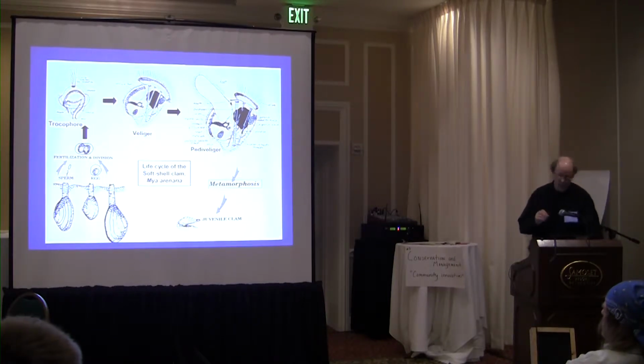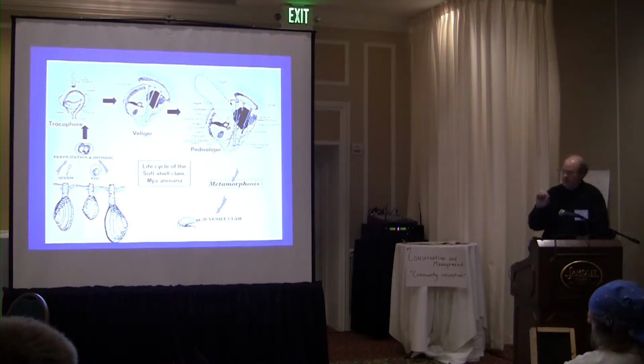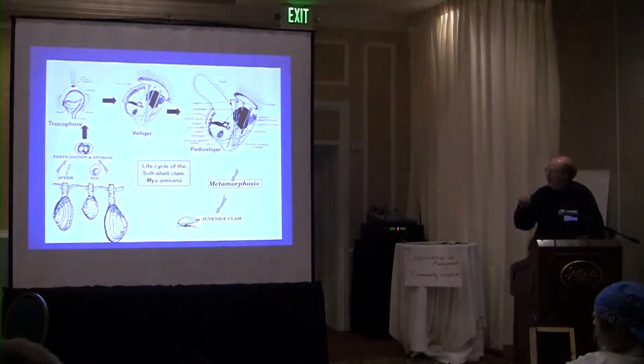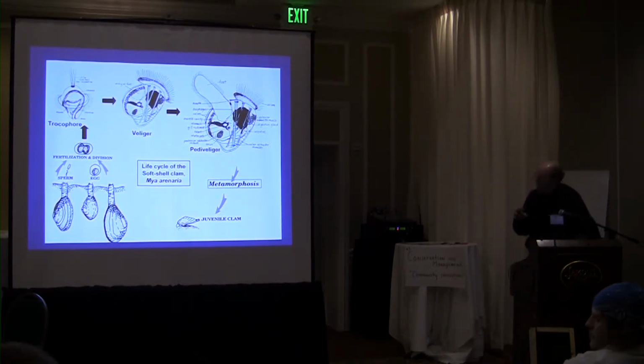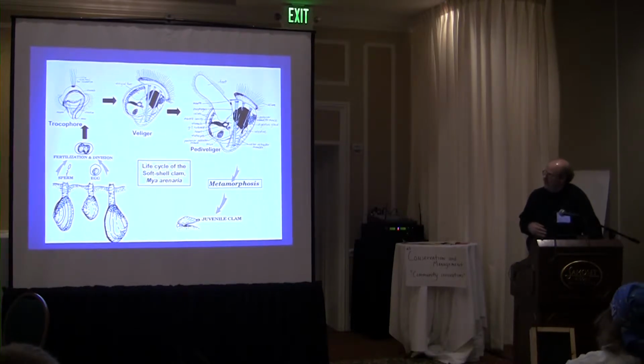Now, this is a slide I show basically every time I give a talk, but I know that there's some of you that haven't seen this slide before. It's how clams get to be clams. They get to be clams because adults spawn down the lower left-hand corner. They release their eggs and sperm into the water column. Those eggs and sperm combine to form a zygote, which then develops into a trophophore. That trophophore swims for a day or so before it develops a shell. And then it has a shell stage, the veliger stage, for about 10 to 12 days before it begins to